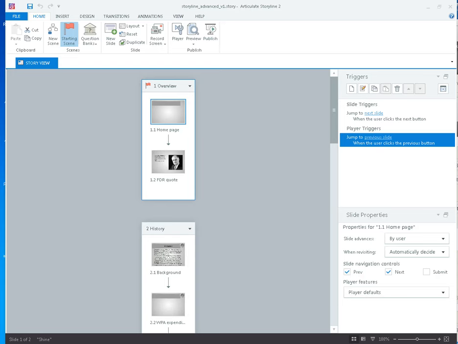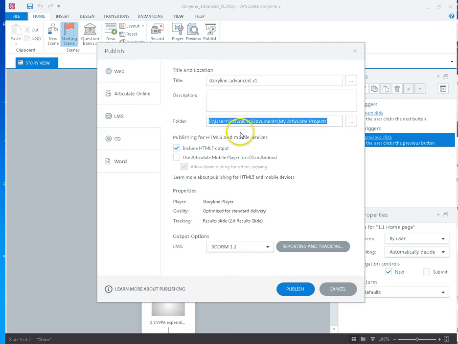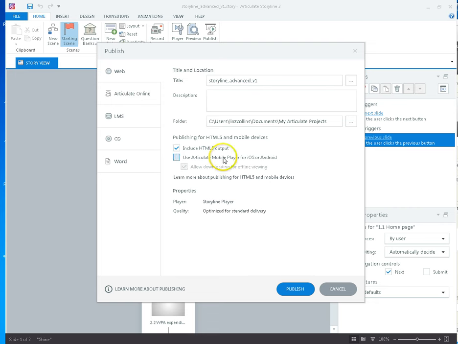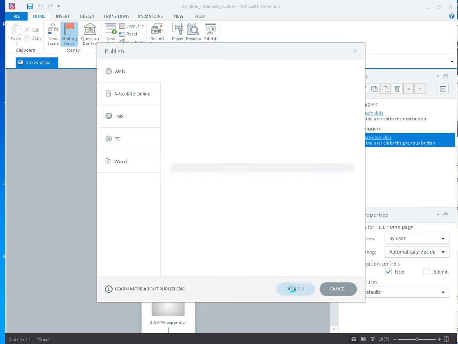Here's how to publish a Storyline project to Blackboard without gradebook integration. So you would go to Publish and then choose Web. We want to include HTML5 output, but uncheck the box that says Use Articulate Mobile Player for iOS or Android. From here, click Publish